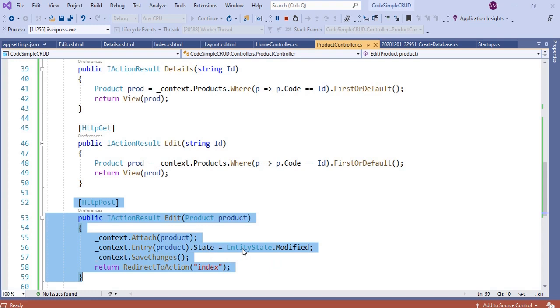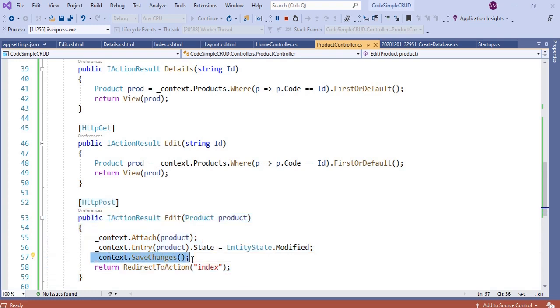We do this by calling the _contacts.Entry of product .State equals to EntityState.Modified. This is a very important line, so please make a note of it. Then call the context.SaveChanges to update the product to the database, and then we call the RedirectToAction of Index to list the products.